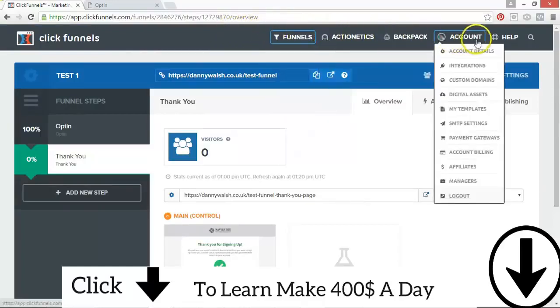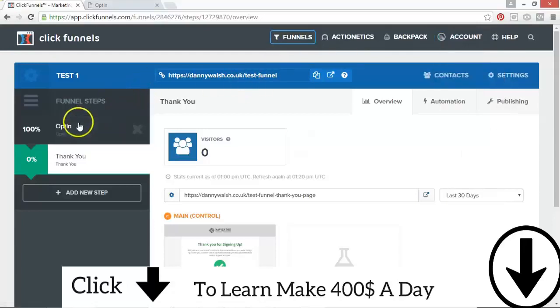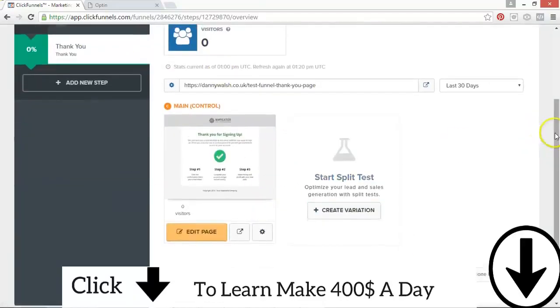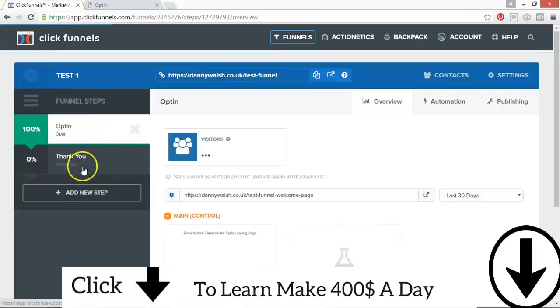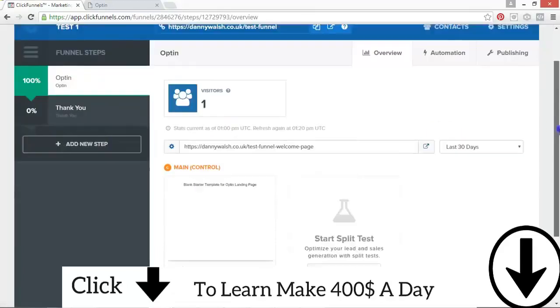We understand all of the functions at the top. We've set up all of our integrations and different things. We've come in and we've created our first funnel, so we chose to collect emails. We've built an opt-in funnel. We went up to settings and configured the domain and set up the tracking and analytics and any other codes we wanted to drop in there. We configured the individual step URL and the same for the variation, and we did that on the opt-in on the first step, and then we removed the thank you page and replaced it, meaning that the URLs and everything